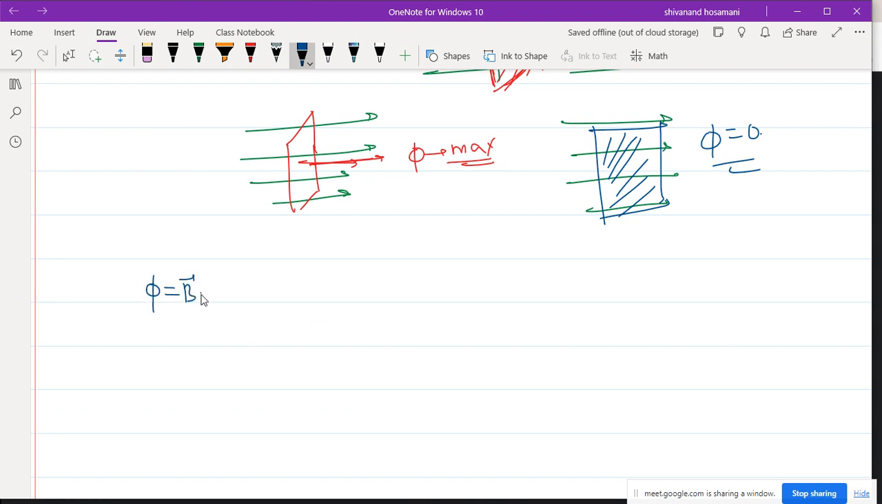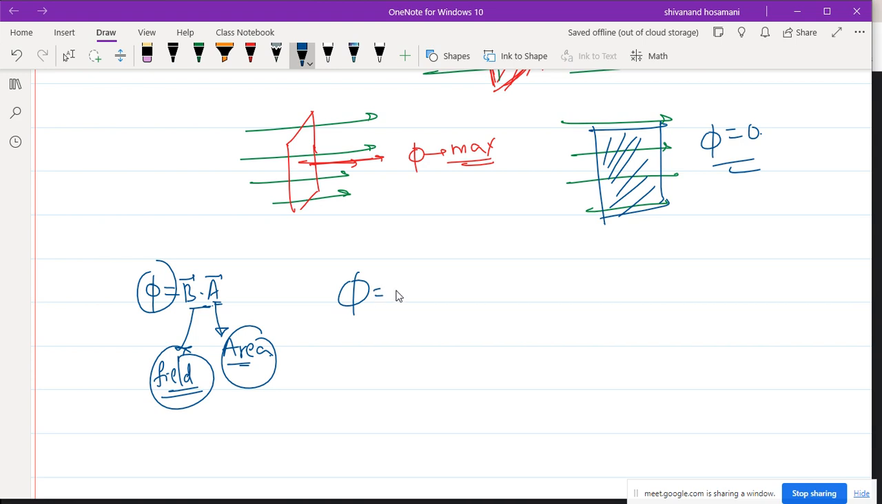A, where A is the area vector, the unit normal vector to the area, and B is the field with its field lines. When magnetic field lines pass through a particular cross-section, flux is created there. So I can rewrite that phi is equal to BA cos theta. Depending on theta, we define the magnetic flux